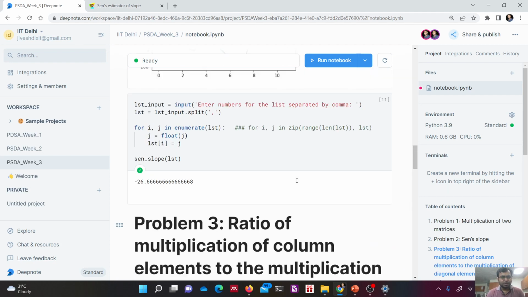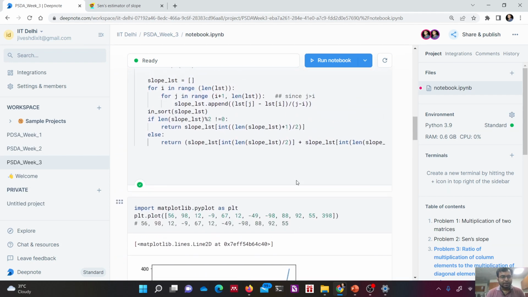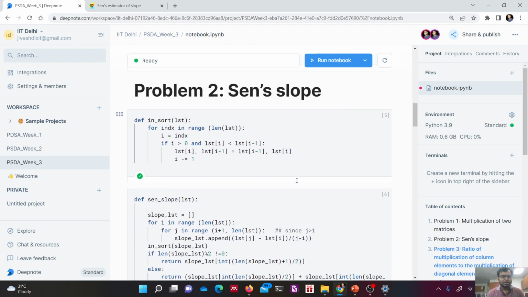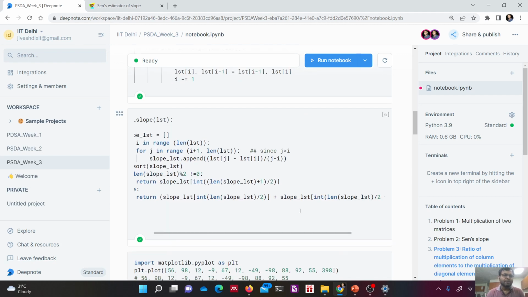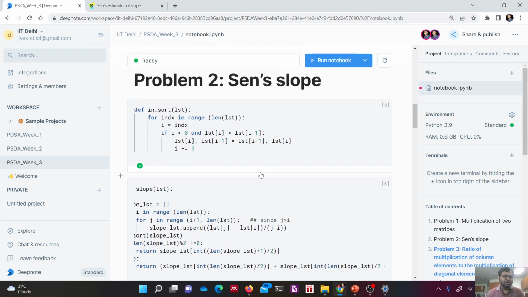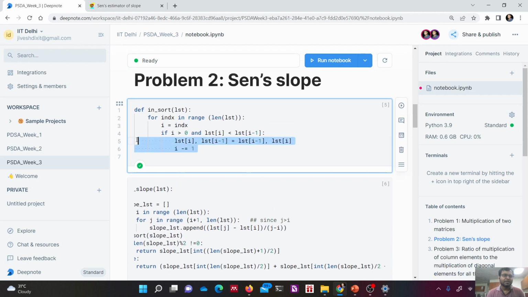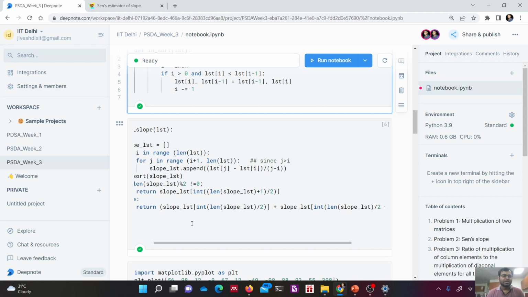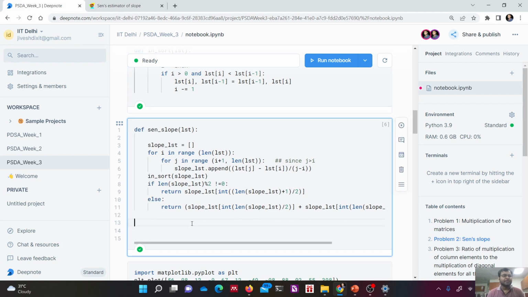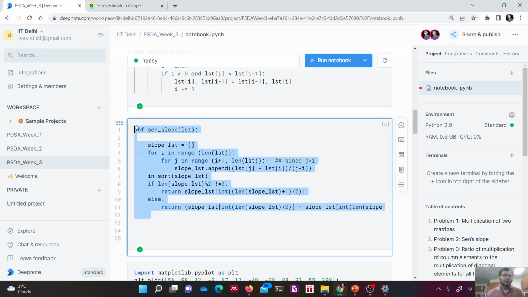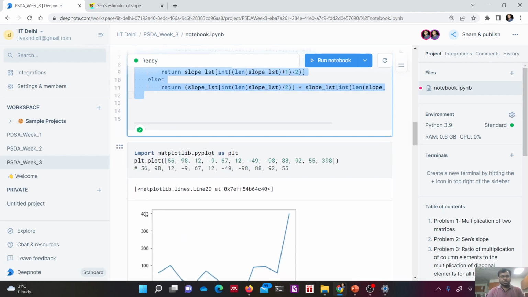And one problem that covers this is the sense loop. The idea was to implement the insertion sort that we have learned in our classroom, and we have tried to apply it to one of the real life problems that we may be interested in. It's one of the important statistical indices that may be meaningful when you are working with real data. So this is all for